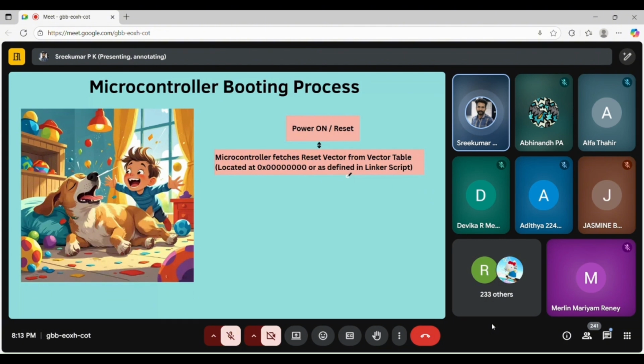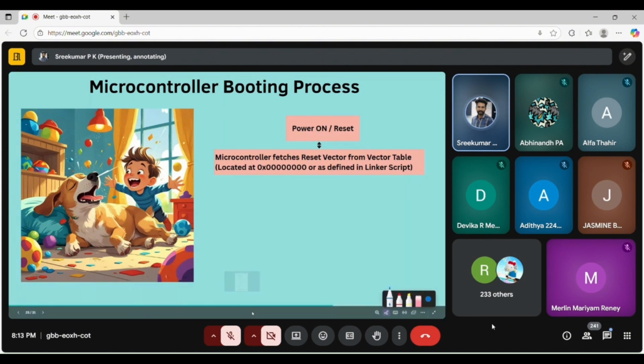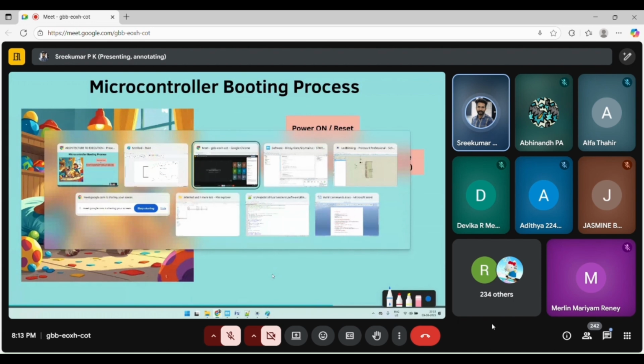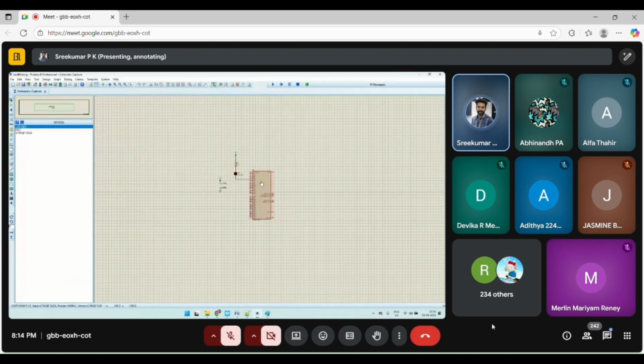I can't go in that way. First, I will explain the linker script and then come back to the boot process, but eventually you will understand the boot process clearly. So the microcontroller booting process starts on power on. When you apply power, I will show you one thing. Just let me take up my simulation.